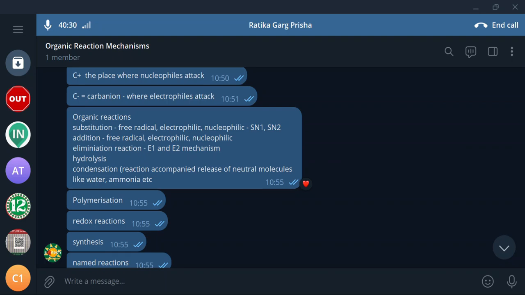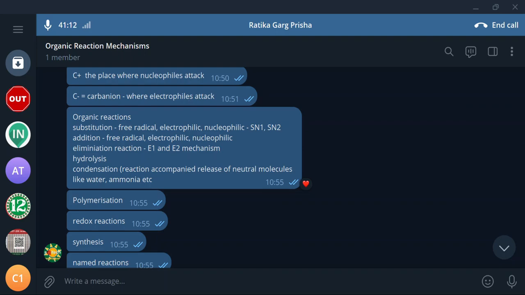Substitution reaction can also be called replacement, it just replaces, as in the case of the free radical mechanism, that is photochemical halogenation, where we have seen in methane the four hydrogens are one by one replaced by chlorine. In the first case, methyl chloride, that is chloromethane. Second, dichloromethane. Third, trichloromethane. Fourth, tetrachloromethane. So likewise, one by one the hydrogen is replaced, and that is carried out by the free radical mechanism, and that is why this is called free radical substitution reaction.